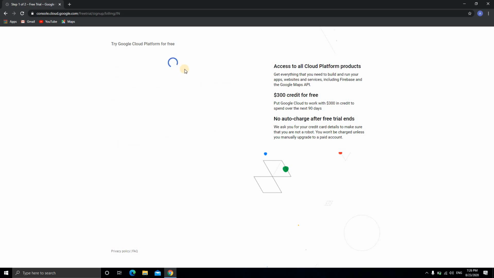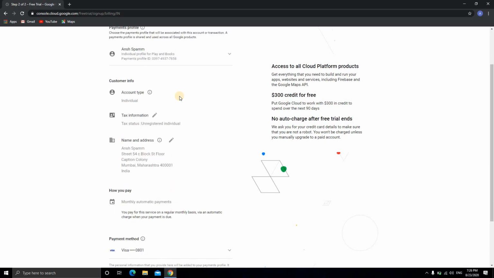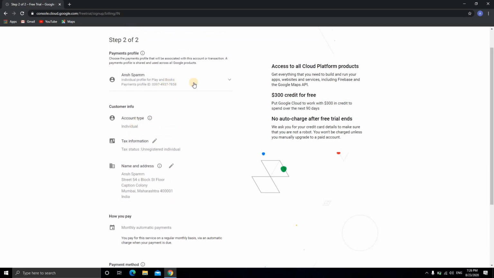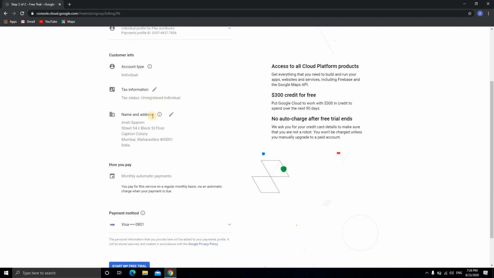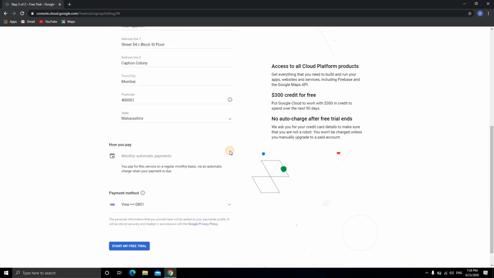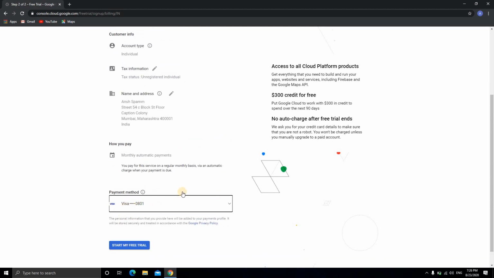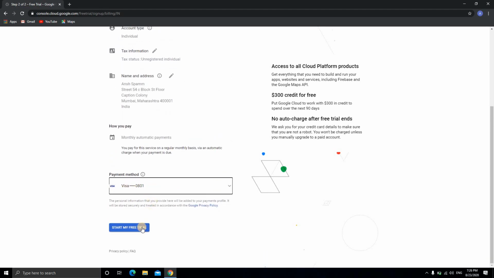Actually, I don't even read it and I don't want to read it, but you'll get a big fat list of rules and so on in that, so just skip it. Here is some information about this. Leave that. And guys, this is a spam address, so don't think I live here and you'll go there and ask for me. Actually right now I'm not so popular, so no one will even go there. You need to click start my free trial.